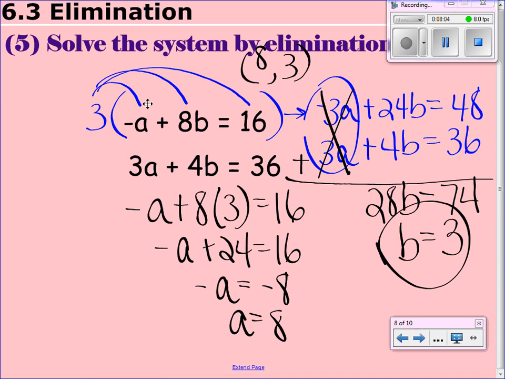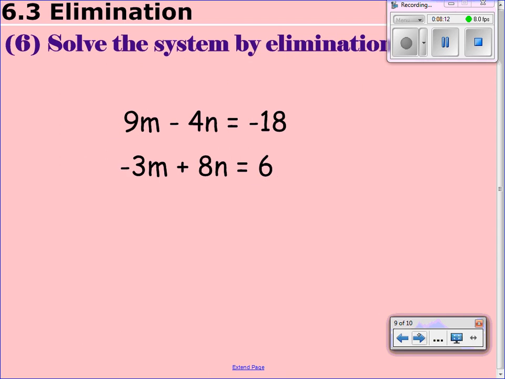Now you can just plug it in, both equations, to make sure that truly is the answer. You can always double check your answers. Okay, let's do one more. Number 6. Bummer, none of the coefficients are exactly the same. So we can either